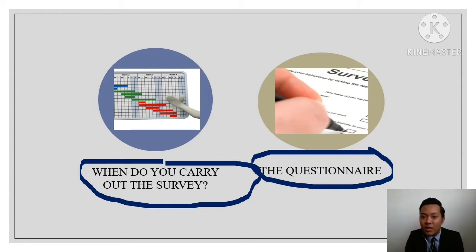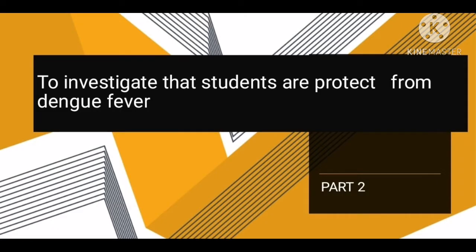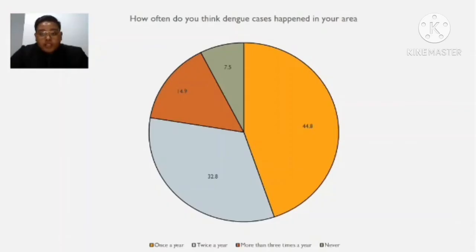And last but not least, part 5 is to identify if PSIS management is alert about dengue fever compared to other polytechnics, and it also contains 3 sub-questions. So I'm going to present 3 questions using 3 different paragraphs. I'm going to explain each question using its paragraph.